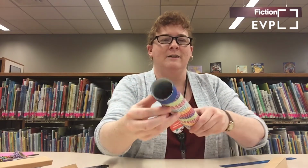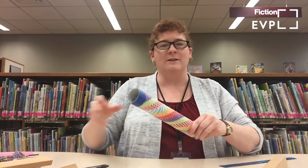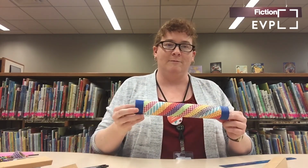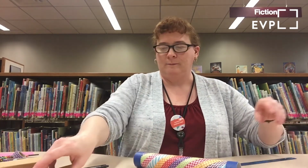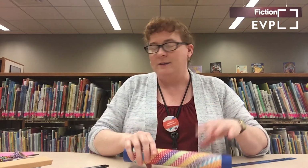Now you'll see on here, there's a little bit of a lip there where it doesn't cover. That's okay, that gives us space. We need to put something colorful in there so you get a little reflection. Now, to put something colorful in there that's going to shine around here, there's a couple different ways